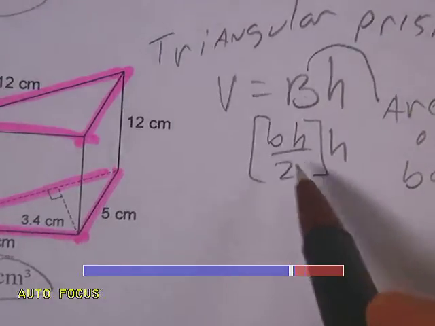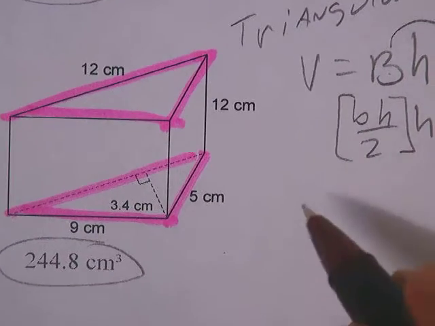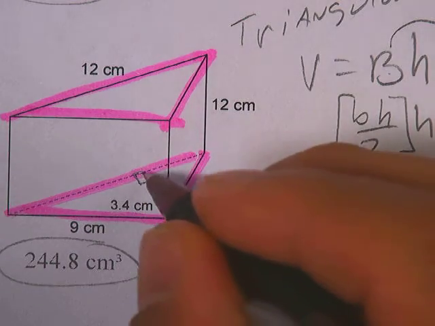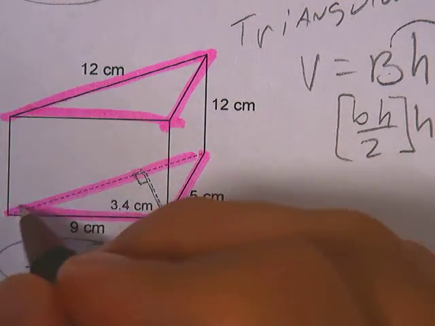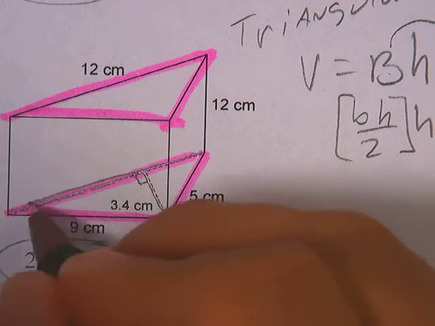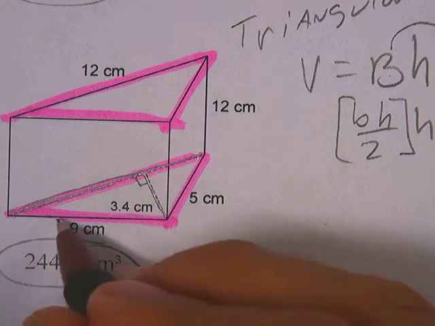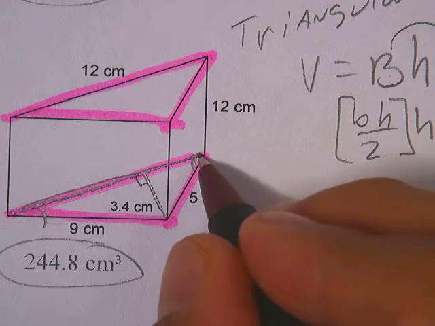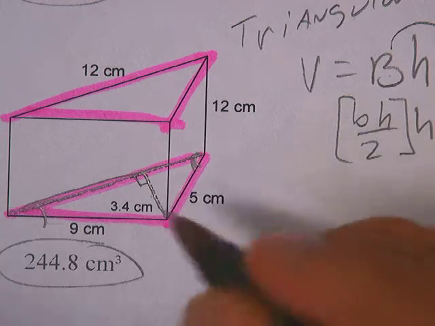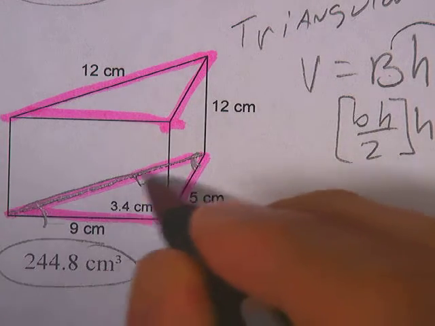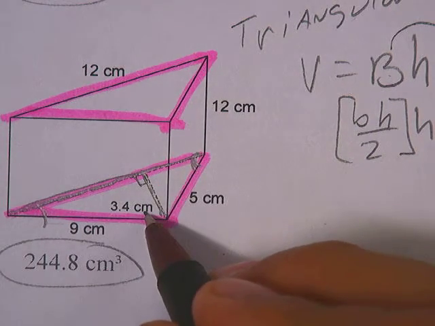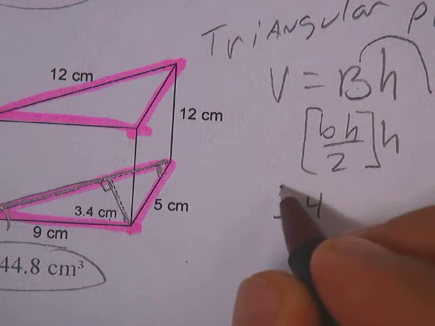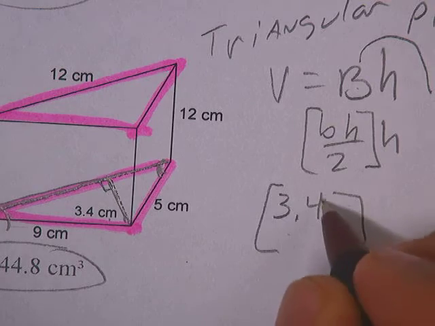So now I got to think there, okay, so what is touching that little right angle, the cuadrito right there? So I know that this line is touching the right angle, and I know this line is touching the right angle. It's not this one, because this guy doesn't make a right angle, that's an acute angle. It's not this, because that's not a right angle, it's an acute angle. So this line and this line touch each other. I know that's 3.4, so that's gonna go in here, 3.4